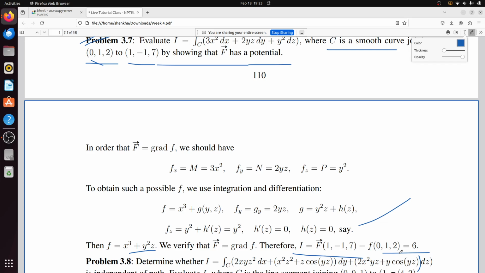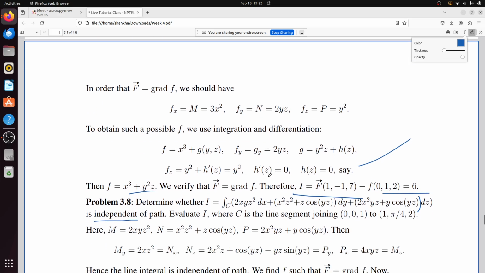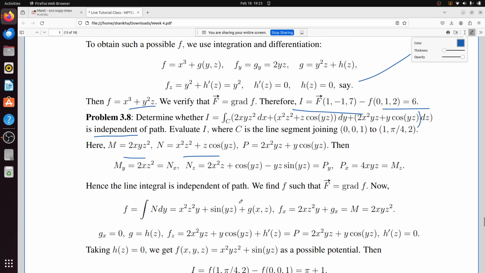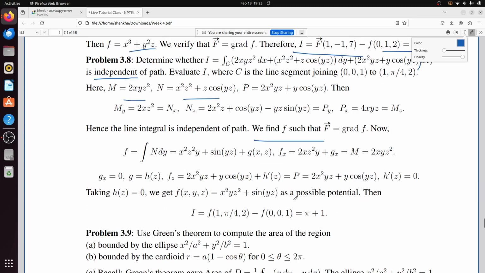Letting curl as 0, sir. F is a conservative vector. Okay, I know, but you have to determine the potential. I told you to determine the potential. Okay, no problem. Because if you want to determine the line integral, you need to determine the possible potential. Got my point? So it is a bit tough to determine, right? But it is not that much tough.